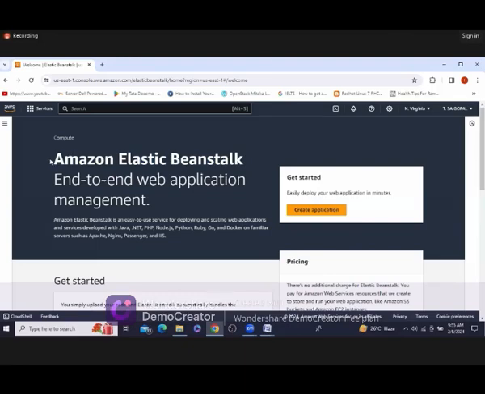Okay. So Amazon Elastic Beanstalk, end-to-end web application management. To manage the web application without deploying the infrastructure, with the help of Elastic Beanstalk, we can deploy the web application. So no need to depend on an administrator for infrastructure. As a developer, we can deploy our web application with the help of Elastic Beanstalk very easily. So Amazon Elastic Beanstalk is an easy to use service for deploying and scaling web applications, and the service deployment